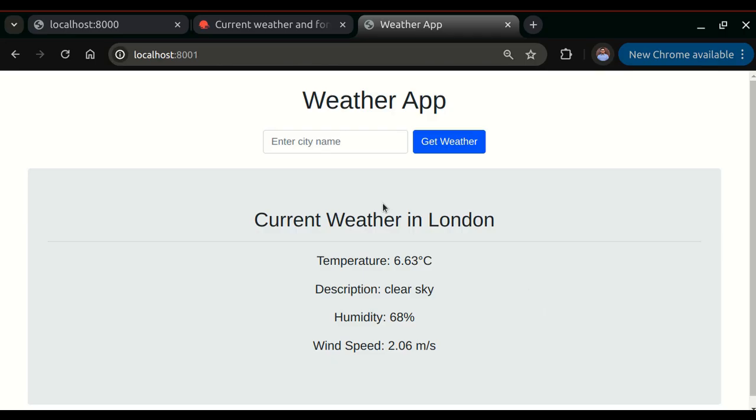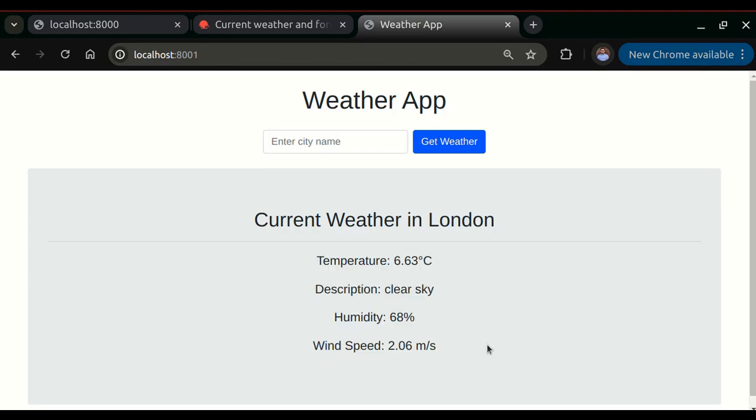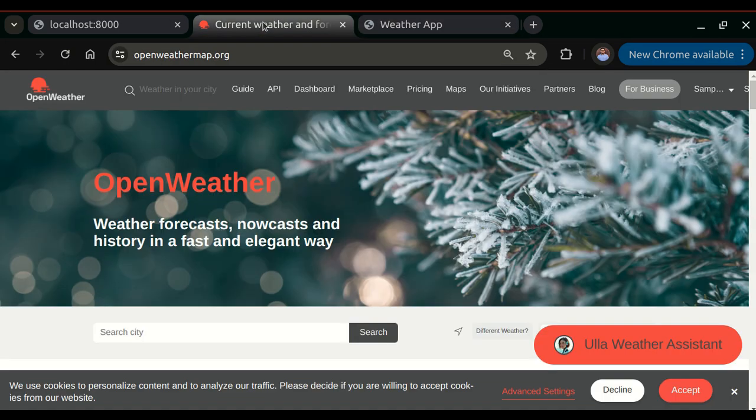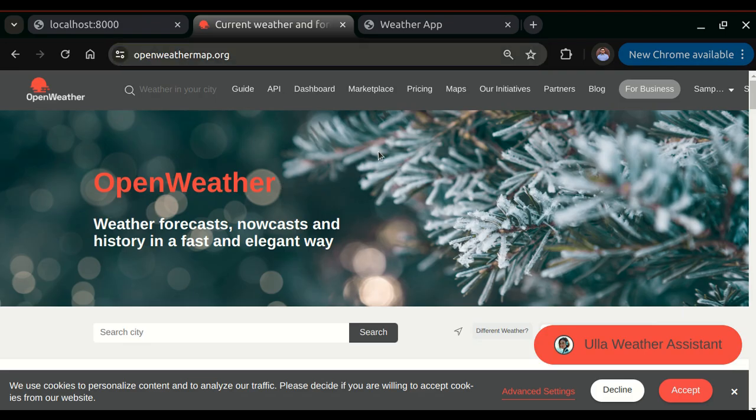Our project demo. Whatever data you are seeing over here, the temperature, description, humidity, wind speed, all this data is being fetched from an external API, which is from OpenWeatherMap.org. So we'll be using this API in our project. In order to do that, first of all you'll need to create an account, which I have done already, and then you'll need to go to this API,